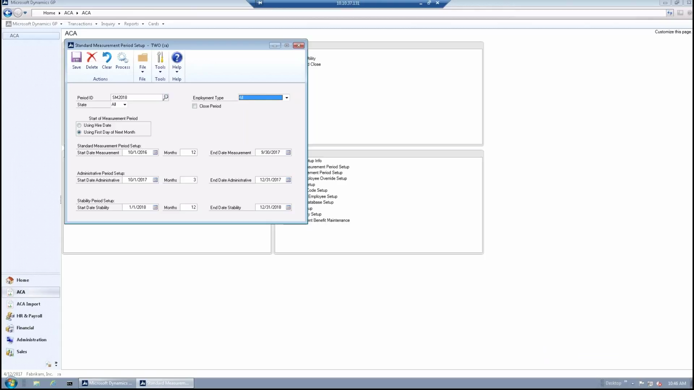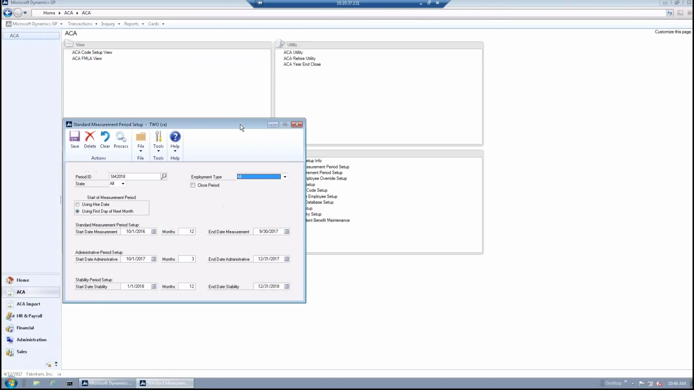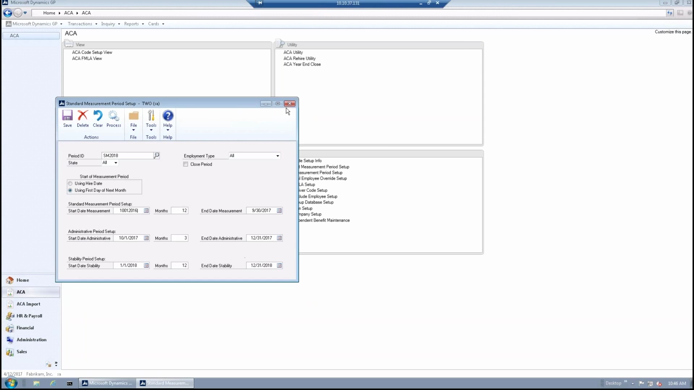Okay, so let's take a look at some of the reports around these periods. But before we do, I'm going to point out a scenario. So if I was hired on 10/15 of 2016, I would not be employed for the full length of this period. So what the ACA world has done, for new hires, they have what's called an initial measurement